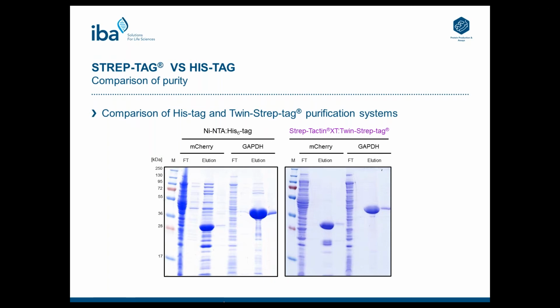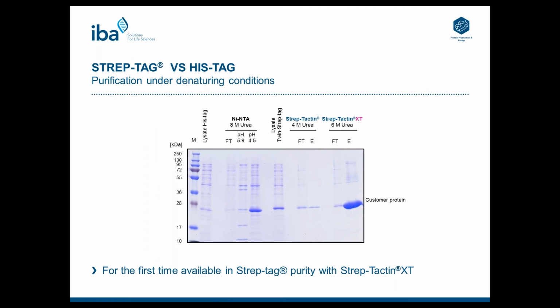In contrast, the His-tag protein shows quite a lot of unspecific background proteins, and further purification steps like size exclusion or ion exchange chromatography would be necessary to increase the protein purity. This shows that highly pure protein can be obtained after a single purification step using the Strep-tag system, which is